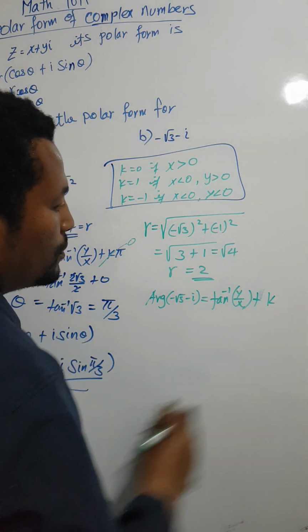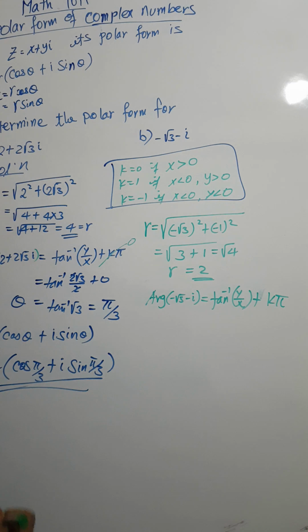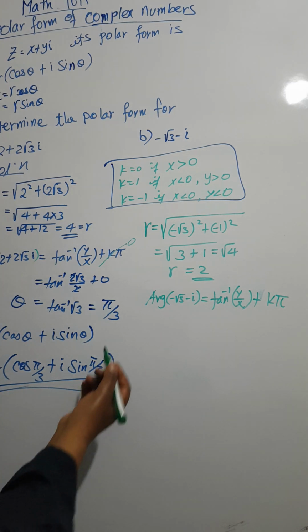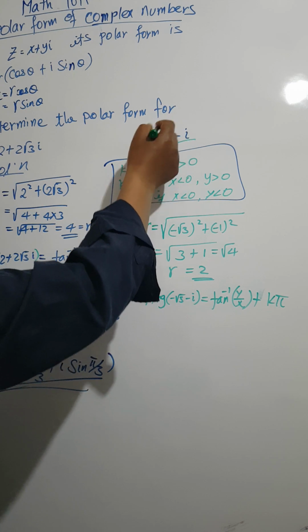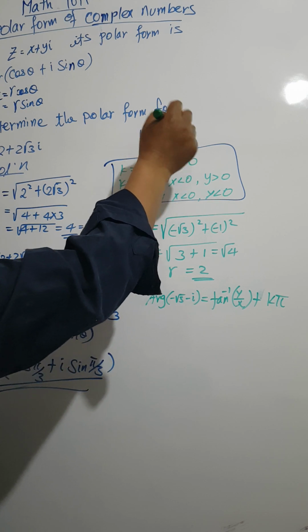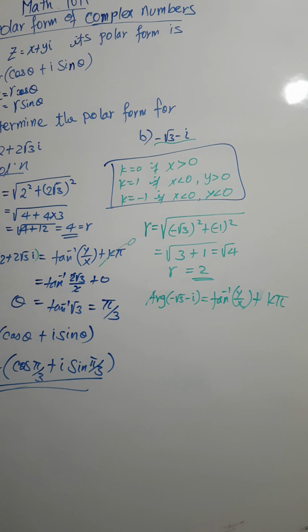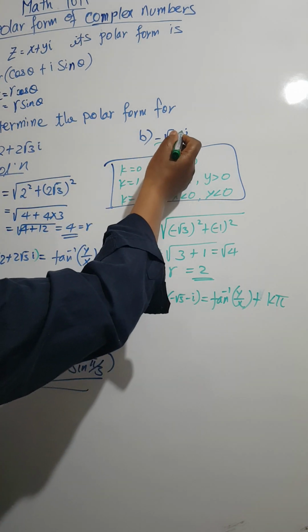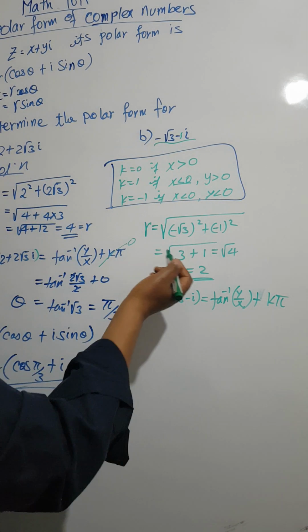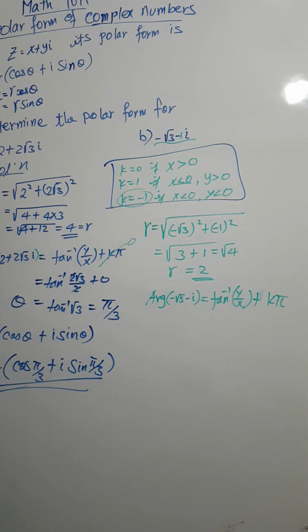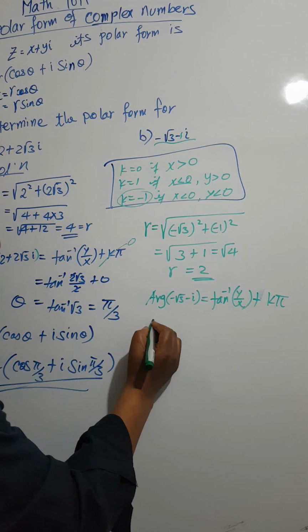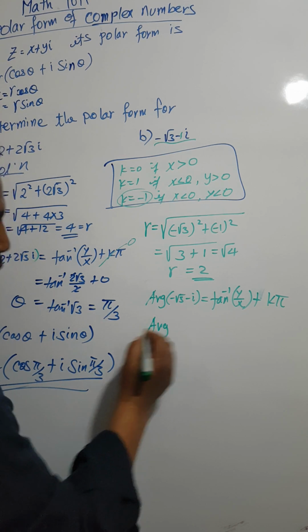ስንት ነው this is k times pi አሁን k ስናይ look ይሄ ኮምፕሌክስ ነምበር የመጀመሪያው ኮኤፊሺየንት የመጀመሪያው part or the real part is less than 0 because it's negative root 3 it's less than 0 and the imaginary part is negative 1 still that is less than 0 ስለዚህ ሁለቱም less than 0 ሲሆኑ kያችን negative 1 ነው ማለት ነው okay so argument of directly